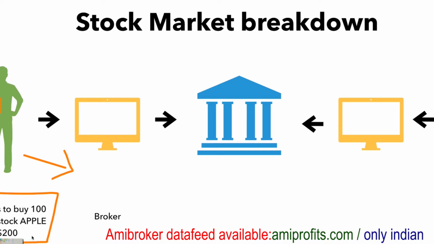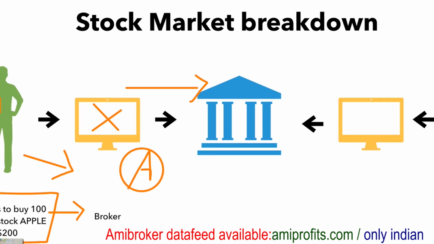Now, when I say he has to go to his broker, I don't mean he has to physically go to his broker. What I mean is he can go online on his phone and process an order through, let's say, TD Ameritrade, E-Trade, or any of the brokerage platforms. So once again, Bob does not have to physically go to his broker. He can go online and submit the order, and that's the same thing as going and processing an order. Now, when Bob processes the order, the order is taken from the broker to the stock market. That's one part of it, right?